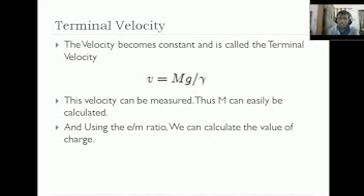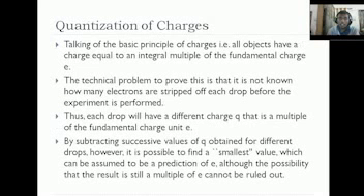Now there was another thing that was proposed by R.A. Millikan using the experiment, about the quantization of charge. He said that all objects have charges equal to an integral multiple of the fundamental charge. But in order to prove this, when scientists thought about it later, they tried to prove it using the same experiment but got a technical problem. The technical problem was that they did not know how many electrons were stripped off from each drop before the experiment was performed. Thus each drop will have a different charge Q, which can be a multiple of the fundamental charge E. Now it is very difficult for us to find the fundamental charge E using this experiment.